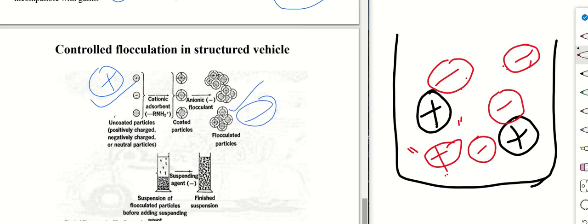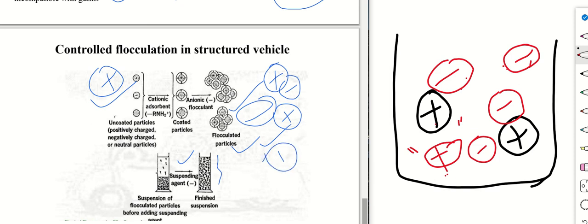So they'll form floccules. Positive and negative charges will come together and they'll form floccules. Now in the next step we'll be adding a suspending agent so that all the floccules will be suspended. So we are promoting flocculation